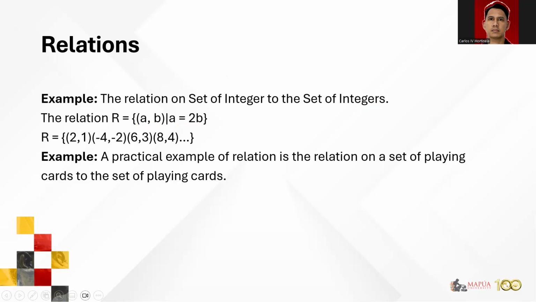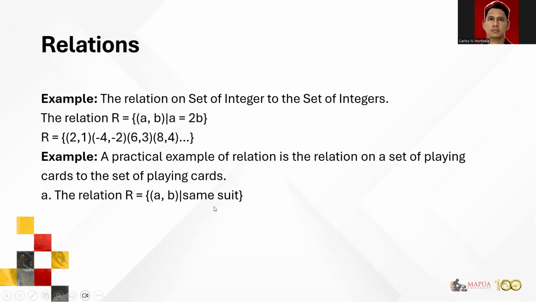Another practical example of a relation may actually be seen on a simple deck of playing cards. So for example, on a deck of playing cards, this time I group together two cards. So my relation contains the following groups. So I have a relation set R containing A. What is A? A card taken from the deck of playing cards. Likewise, I can also have B. B is also a card taken from your deck of cards. And the common property now is the same suit.